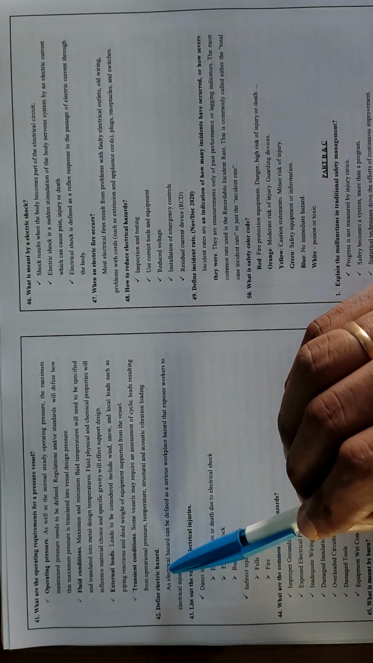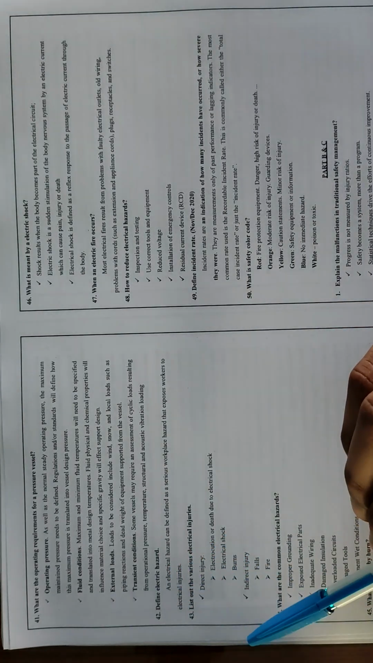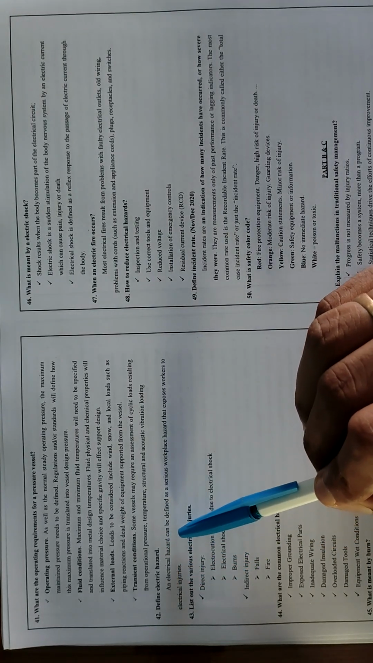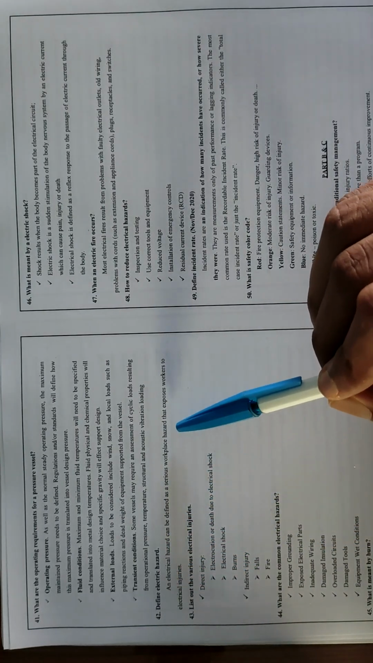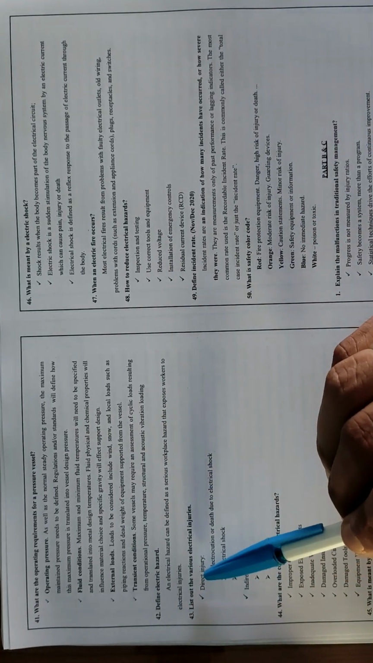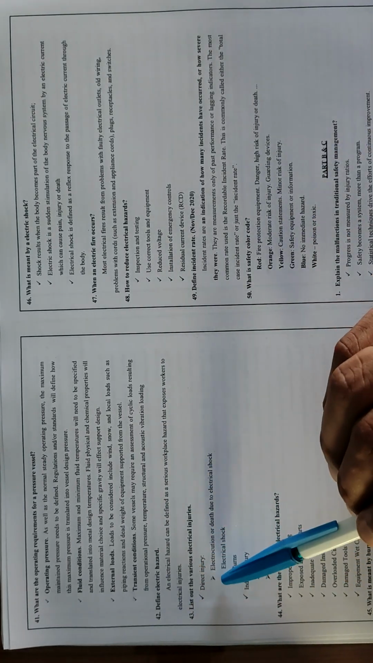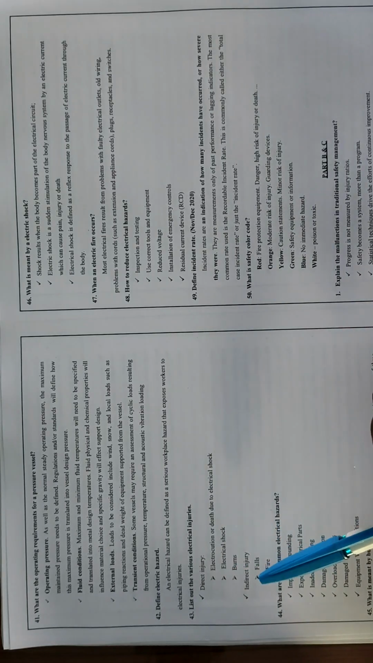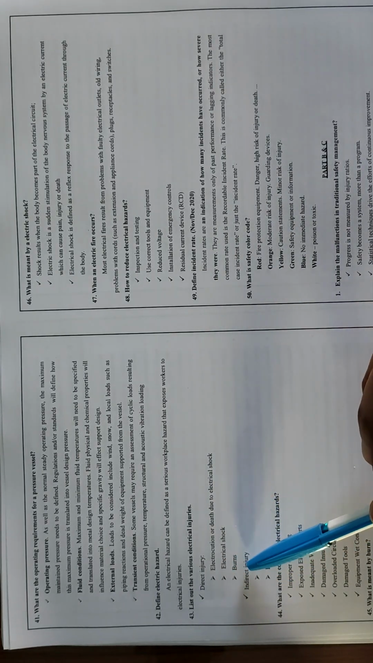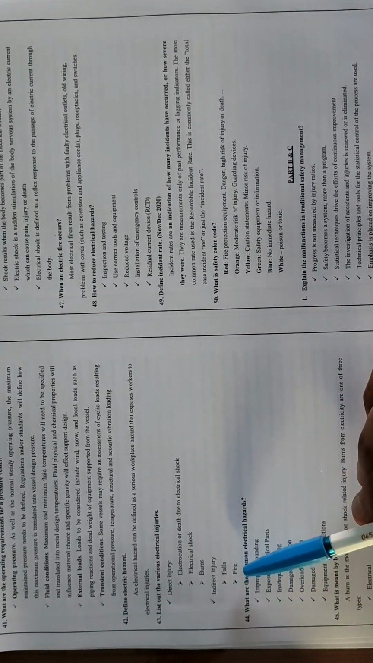Define electric hazard. An electric hazard can be defined as a serious workplace hazard that exposes workers to electrical injuries. List of the various electrical injuries: direct injury, electrocution or death due to electrical shock, burns, indirect injury,